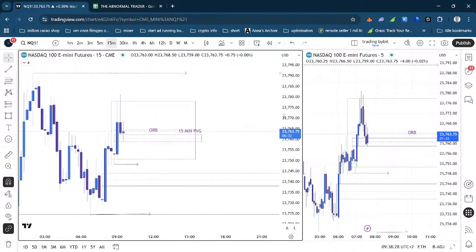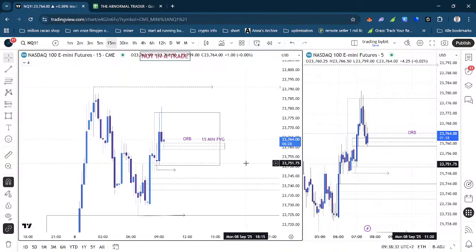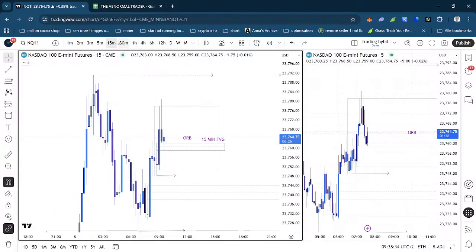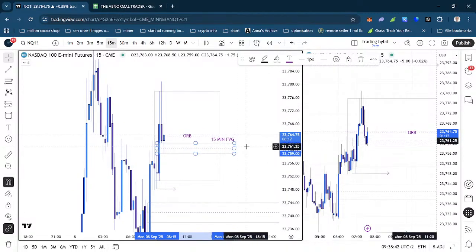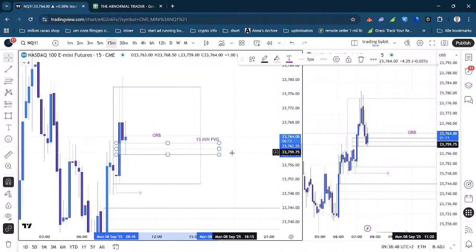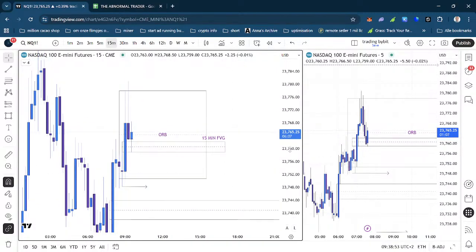So say that you are at home and want to do other stuff and still keep looking at the charts. You just put a 15-minute chart online, and every time you see fair value gaps, you can put it right here and put a limit order onto your TopStep or any other account that you're using, or prop firms. You can just put a limit order into those fair value gaps. Put your stops still at the same place.